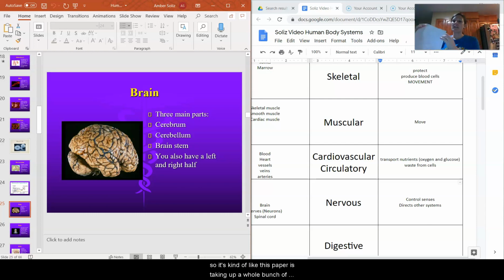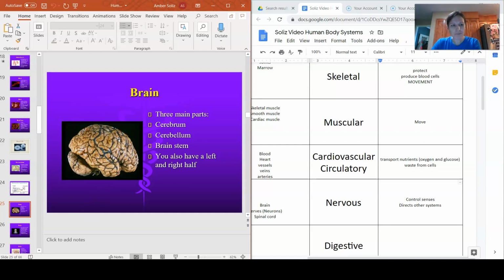So it's kind of like this paper is taking up a whole bunch of space. If I crumble it up, it doesn't take up that much space. However, it still has the same amount of surface area. The same amount of writing is on this paper as on this paper, okay? And so that is why your brain is wrinkled, because we still get the same amount of surface area, the same amount of space to write everything, but we can make it more compact so that your head doesn't have to be this big. So that's why your brain is so